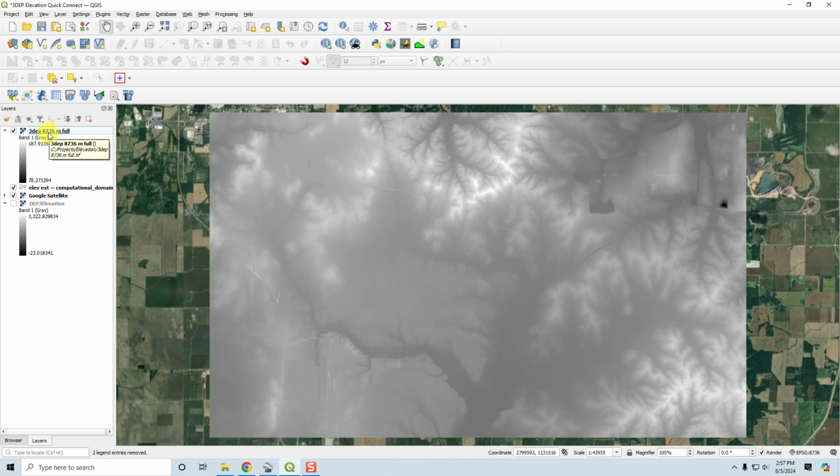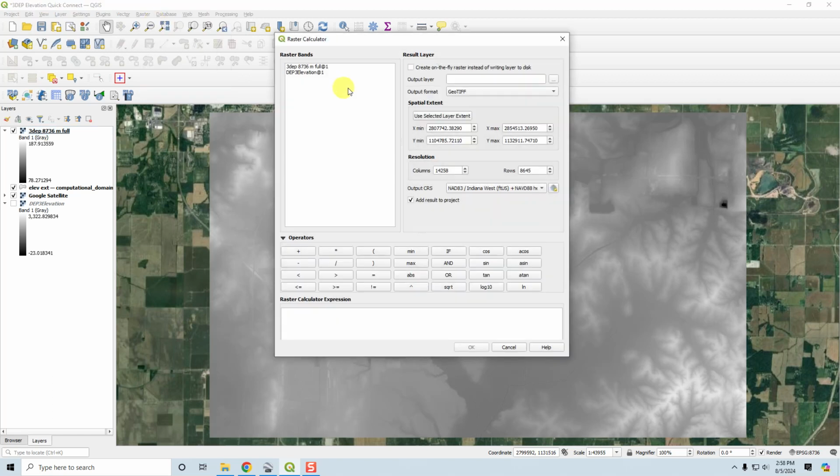This is a layer that we can take and use on any of our projects, but it's in meters. So if you're not using the metric system on your project, you want to convert this to feet. That's a secondary raster processor called the raster calculator. And what you do is you pick up the raster that you want to convert, and you double click it, and then you multiply it by the conversion factor. So I click the multiplication, and then I click inside of here 3.28, and then I have to define the